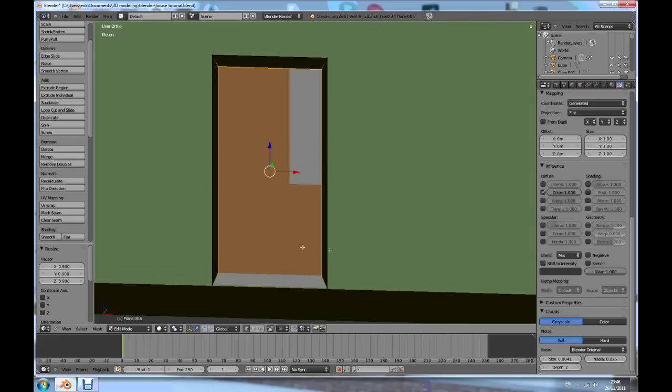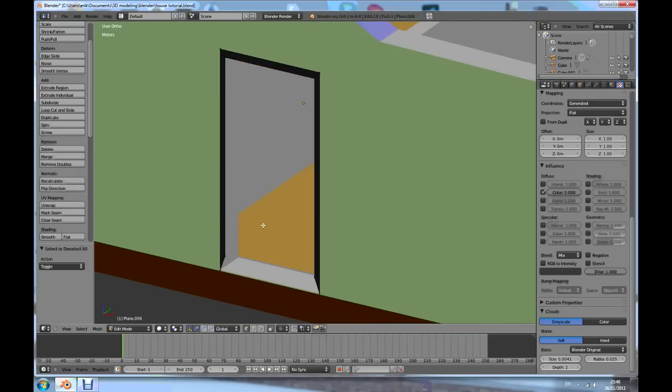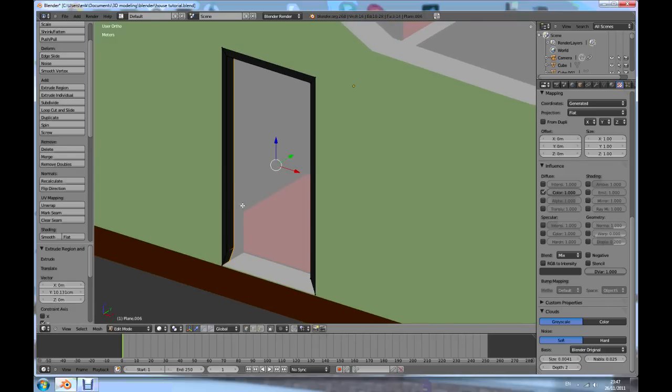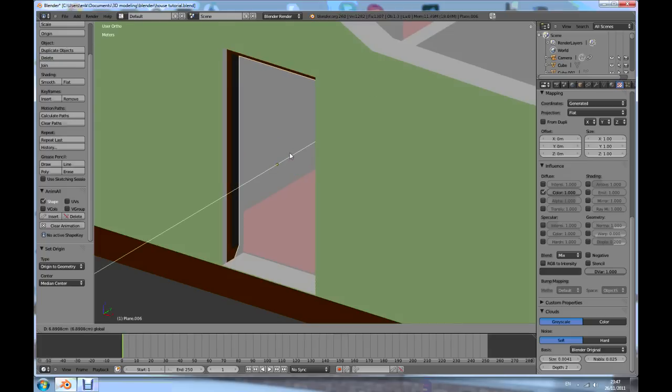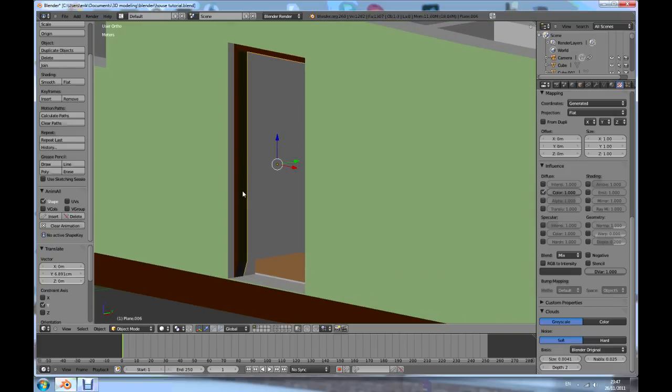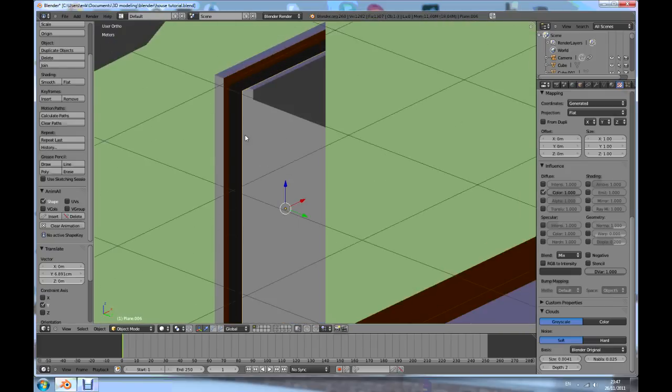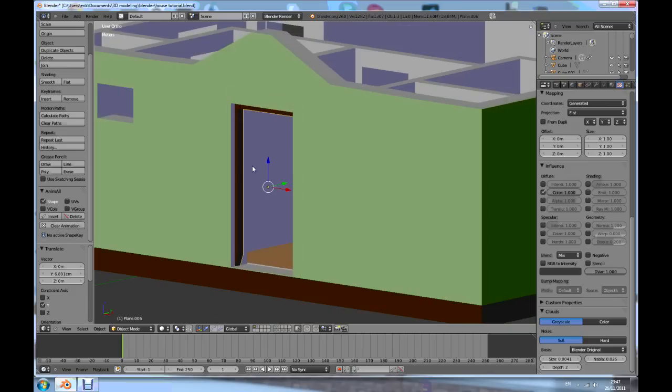And now maybe bring it a little bit up like this. A to deselect, A select all, E to extrude, Y along the Y axis and take it back, I don't know, about 10 centimeters. That's what it shows here to me. Yeah, Tab to edit mode, out of edit mode, bring origin to geometry and drag it back. You see with this dark brown material it's not very visible what we are doing, so